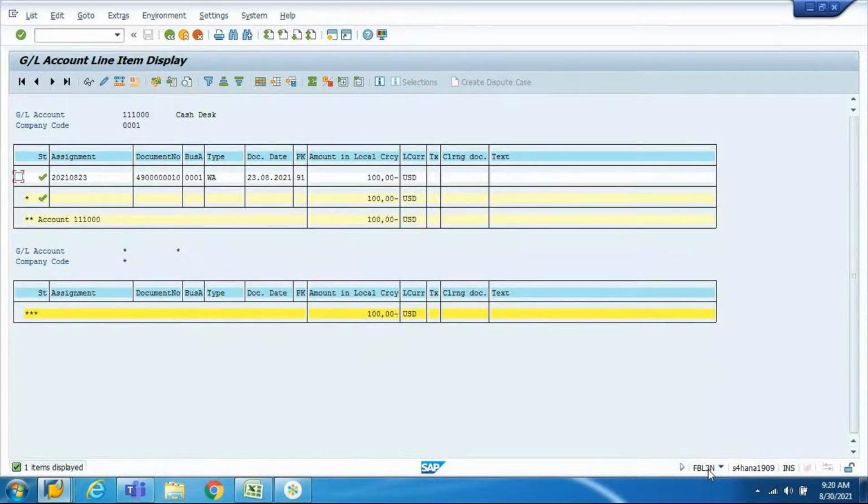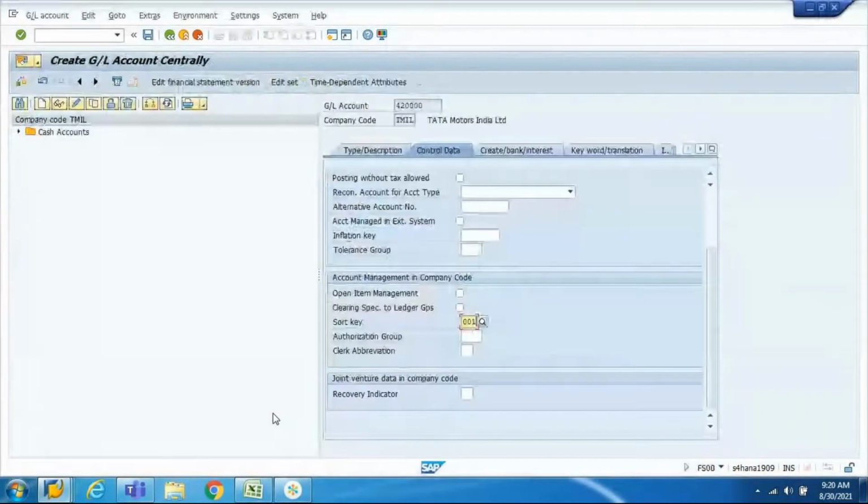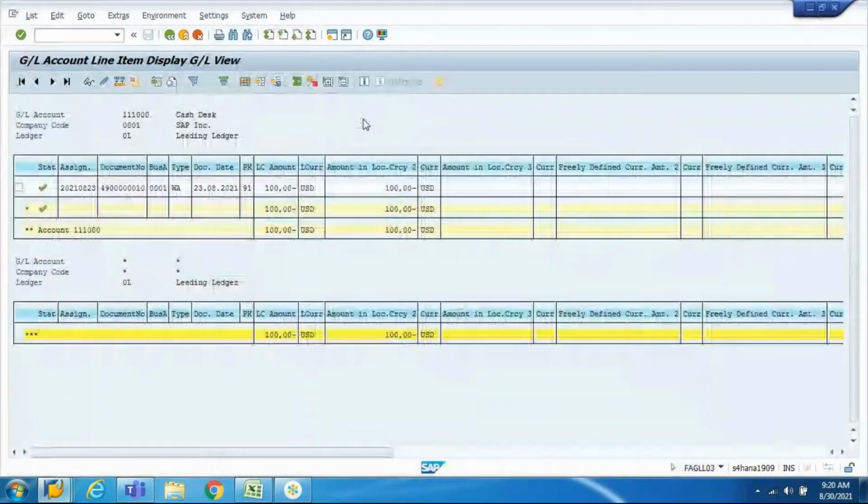Okay. Now, why did we come here? We came for the purpose of sort key, right? Now, whatever you are giving in sort key, there are two functionalities. Functionality number one, when you pull any report for this particular GL account, let's say there are some 10 entries. You don't want those 10 entries to be reflecting randomly, right? You want them to be sorted based on certain criteria, correct?